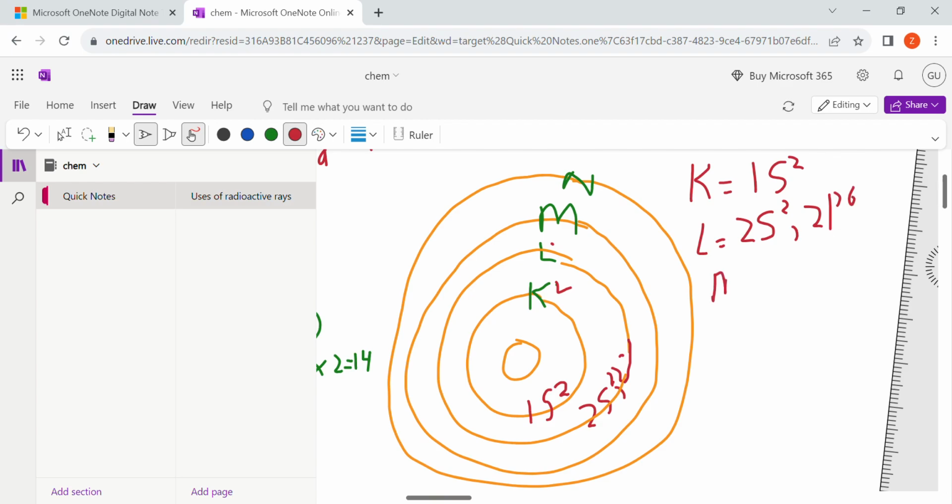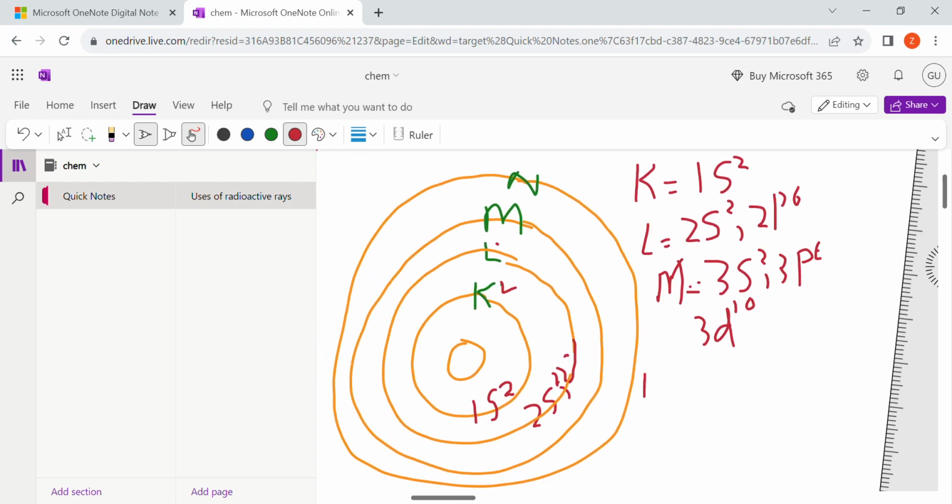In M, as M refers to the third one, so that 3S2, 3P6, 3D10, ठीक है।